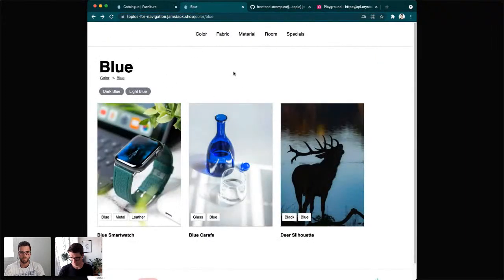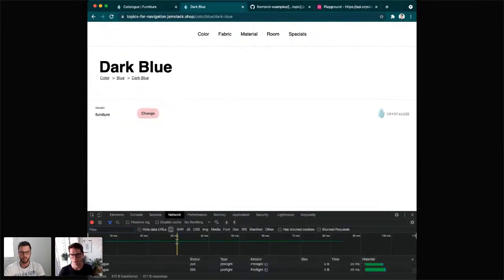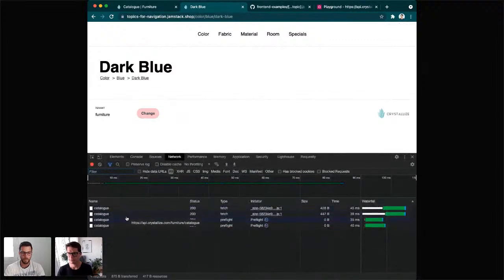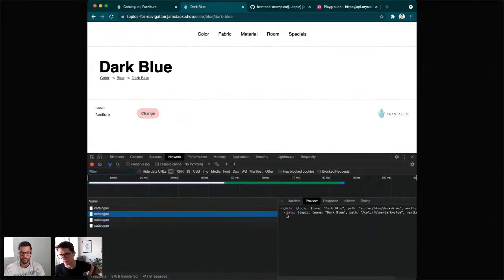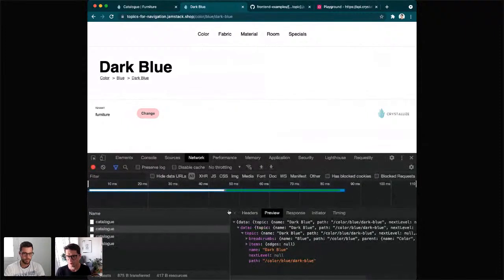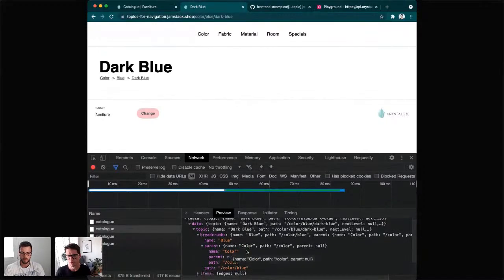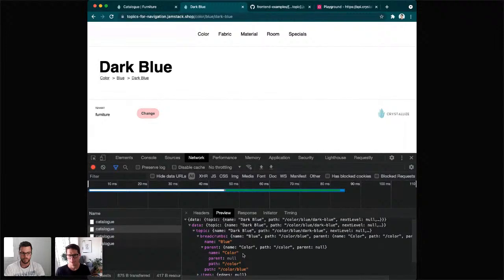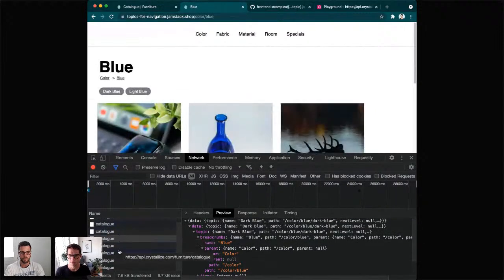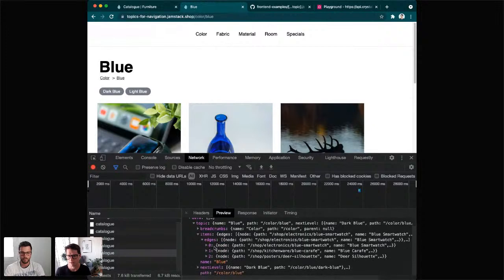And if you check out the network panel, you can also see what it's doing. You see it fetches from the catalog. It fetches the dark blue. Here it's probably a bit small, but you can use this for just inspecting the things that it's getting. You see there's no items with the dark blue, but you can see this is how the breadcrumbs look. If we go to blue again, you'll see these are the products